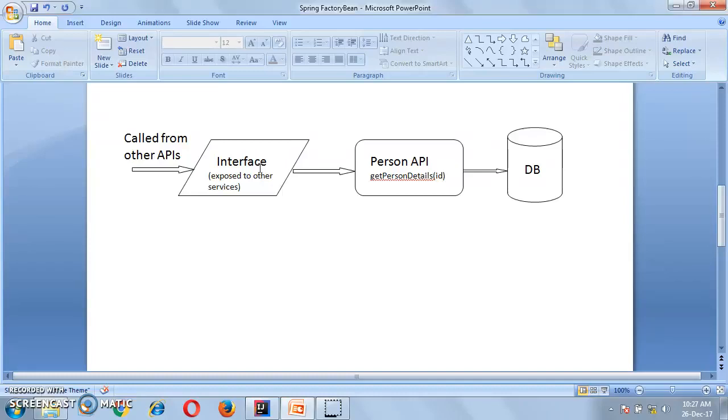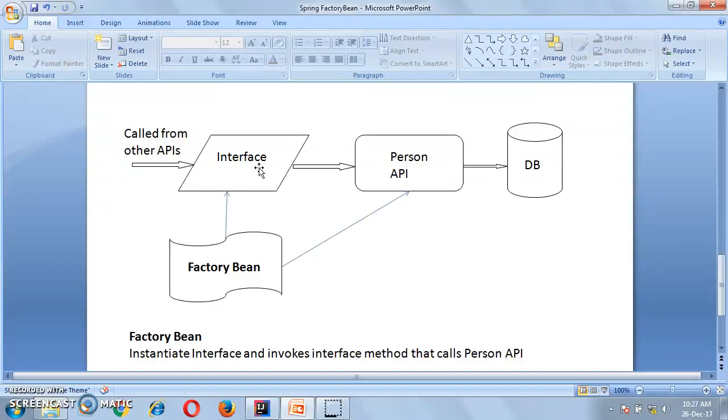As we know, we can't instantiate an interface, or we cannot give the responsibility to Spring Container to create the instance of the interface. In this case, we'll use the Spring Factory Bean that will help us in creating the instance of the interface. So, Spring Factory Bean will instantiate the interface and invoke the interface methods that call the person API.